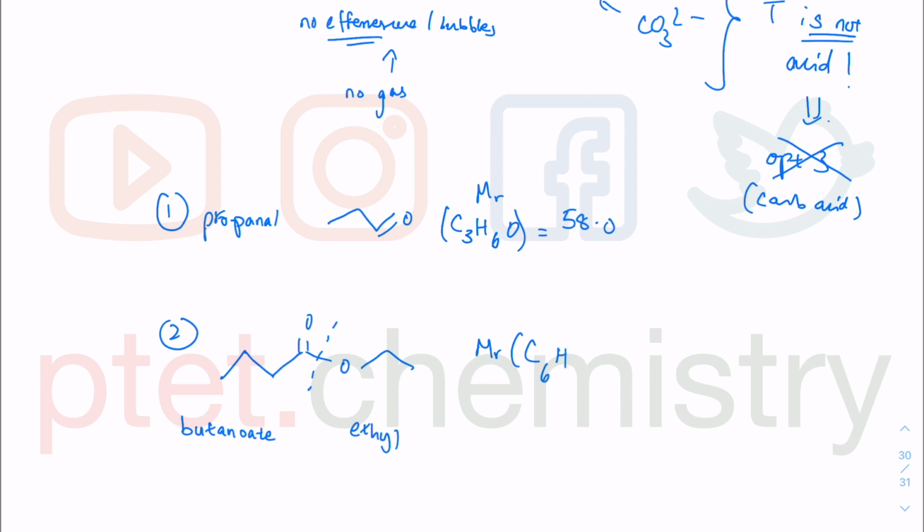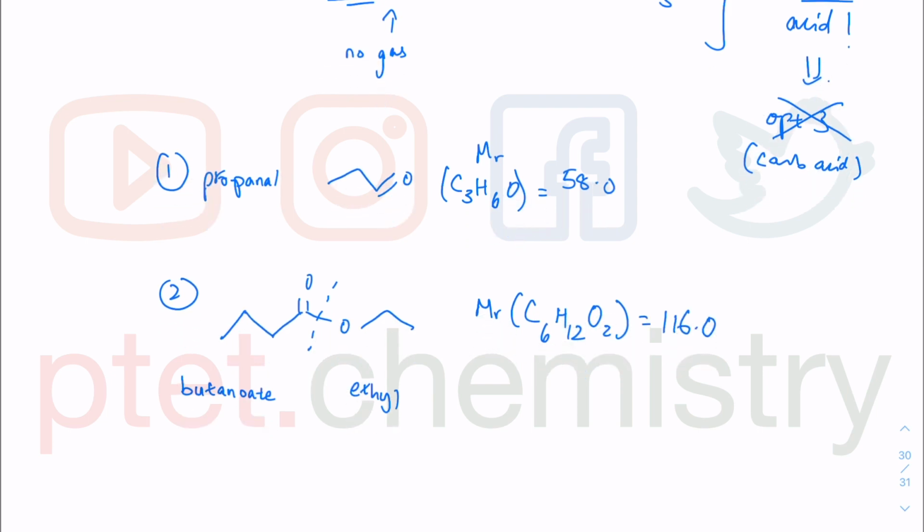In terms of the hydrogen, in the skeletal formula, carbon forms 4 bonds, so you only show the carbon bonded to carbon or carbon bonded to oxygen. You don't show the carbon bonded to hydrogen. So here you only see 1 bond because there's 3 hydrogens, 1, 2, 3, 4, 5, 6, 7, no hydrogen, 7 hydrogens, 8, 9, 10, 11, 12. So there are 12 hydrogens altogether, and there's 2 oxygens, and you could do the same with the periodic table and get 116.0. So they say compound T, one of the pieces of information given in the question is that T has